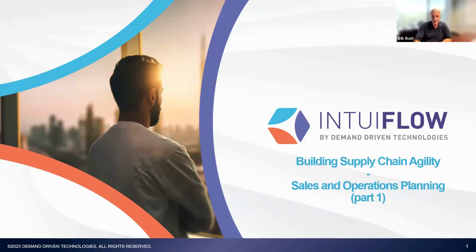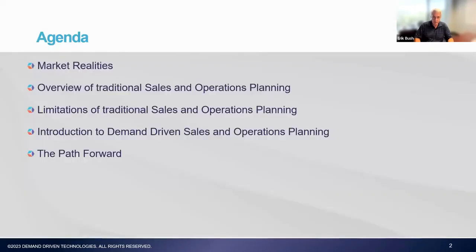We're going to talk about supply chain agility in the context of the sales and operations planning process. And the way we're going to do that is we're going to go back to some of the realities. As you know, we're doing this as one of the sessions in a multi-part series. We're trying to really look at and examine how can we shift our planning methods and approaches across the supply chain spectrum to create more agility and resilience.